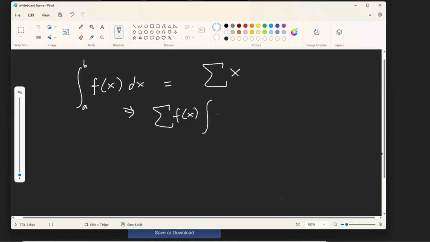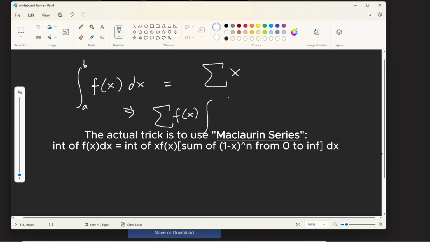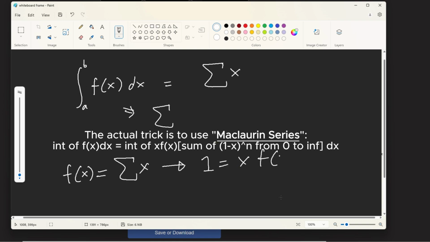Oh, something I forgot. I need to look back at it. I'm doing this wrong. I'm trying to remember. It's a very complicated process. The Taylor series of this function is like x or something, and then the person manipulated the equation to like 1 is equal to x f of x, or some sort of Taylor series, whatever. But pretty much you use Taylor series,